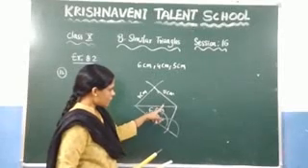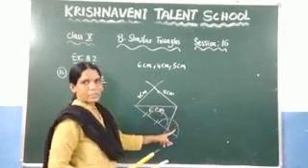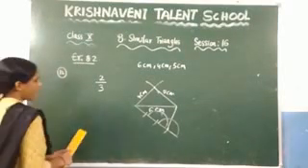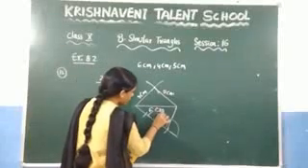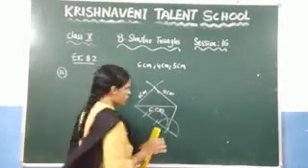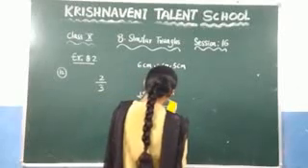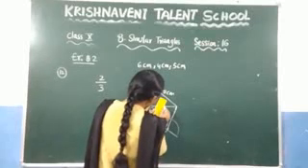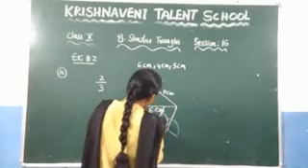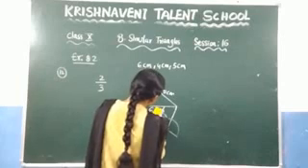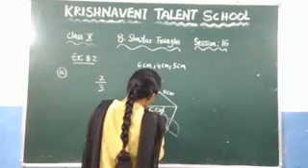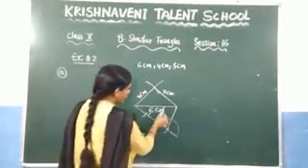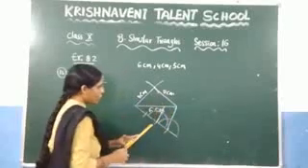Join this arc and this intersection point so that you will get the parallel line to this given line. So join that one. You need to join this point and this point. So join this one. You can observe that we have drawn a line parallel to this line. So here we got one similar triangle.